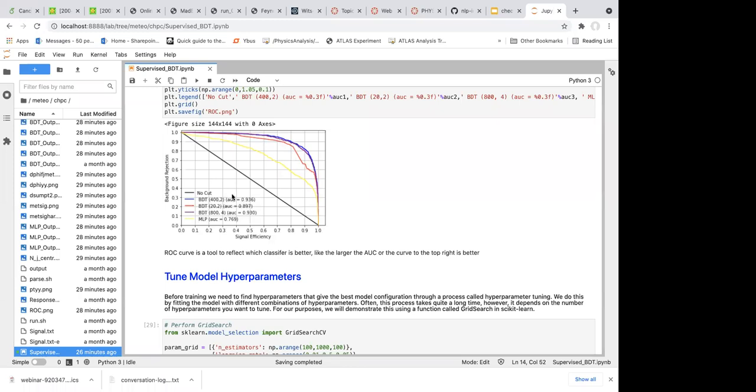I'm not saying that you have to stick to one of the criteria. It depends on your analysis. Sometimes, for example, if we don't care about this part, and we only care about the situation where the signal efficiency is more than 30%, then we have to zoom in on this area and see which curve is on top. Then that method has the best discriminant power.